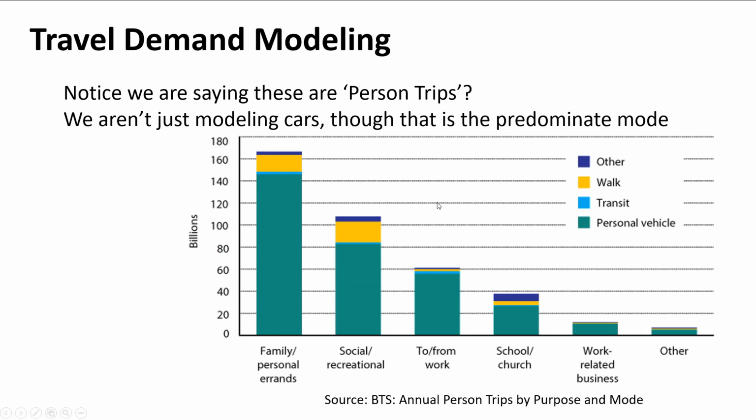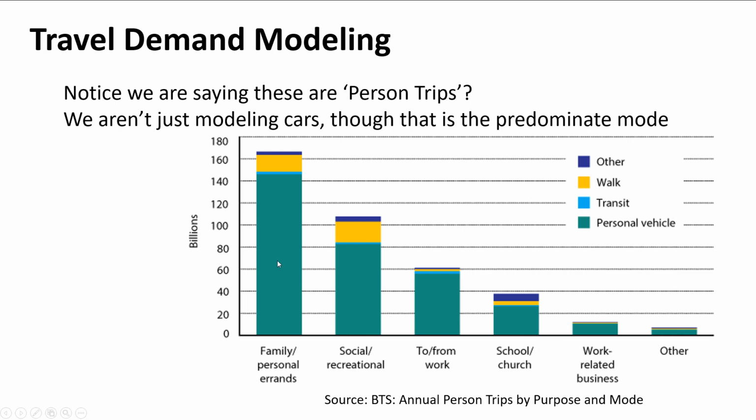And we say it's person trips, so it's the number of trips people take, and we're going to focus a lot on cars, and this is why. This is by reason to travel that we just saw. Based on those reasons to travel, personal vehicle is the number one choice, right? And what we end up